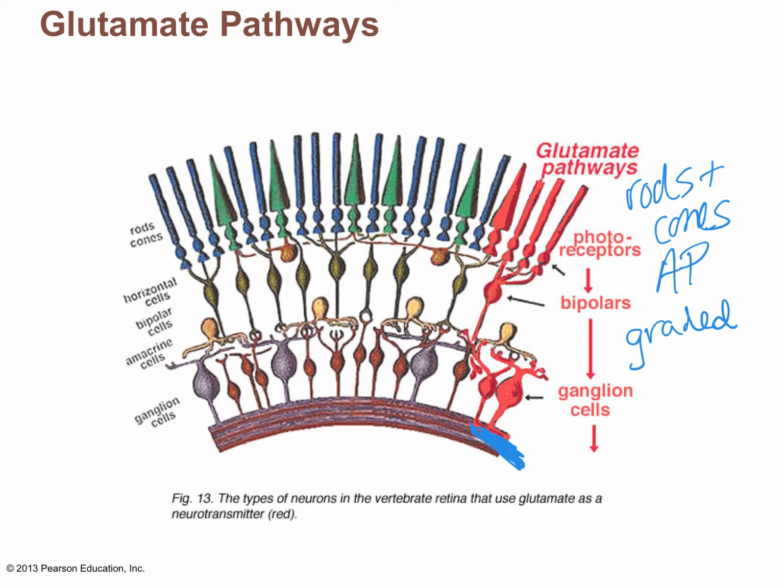So when rods and cones either become positive or negative, positive would be depolarized, negative would be hyperpolarized, they send that message on to the next cells in line. So we have rods and cones connecting to the next cells in line called bipolar cells. Bipolar cells have two ends to it and one cell body. There are also some intermediate cells there, the horizontal cells, which work to connect various photoreceptors together to make it to the bipolar cells. So we go rods and cones, horizontal cells, then bipolar cells, and then finally the bipolar